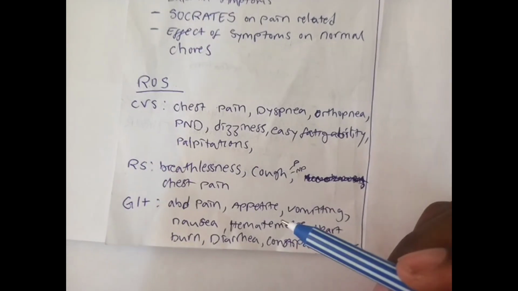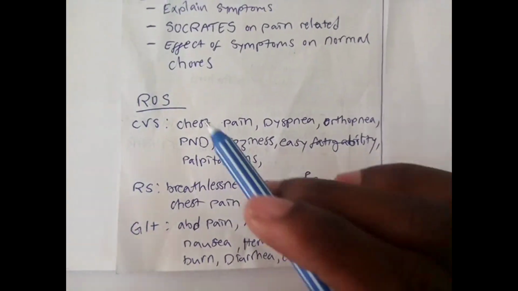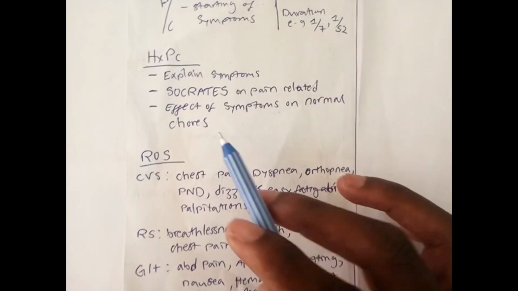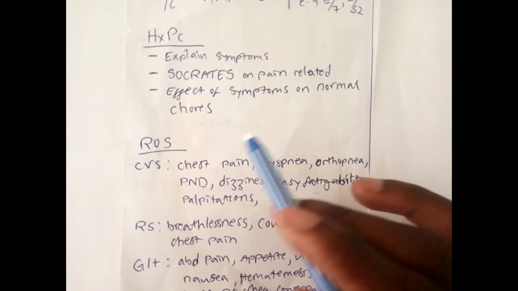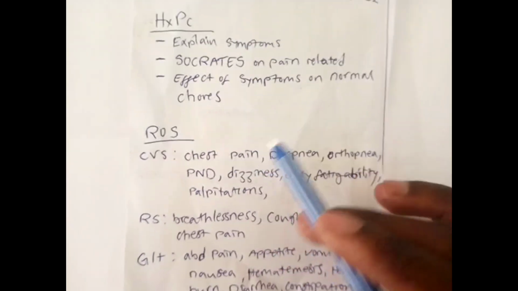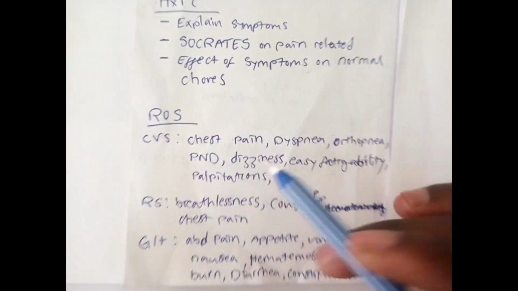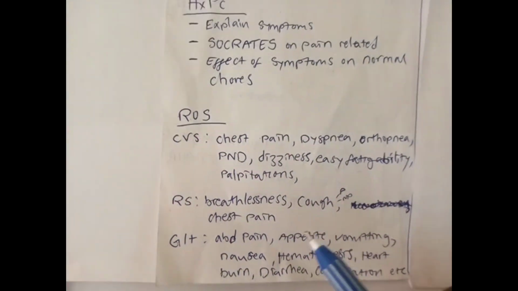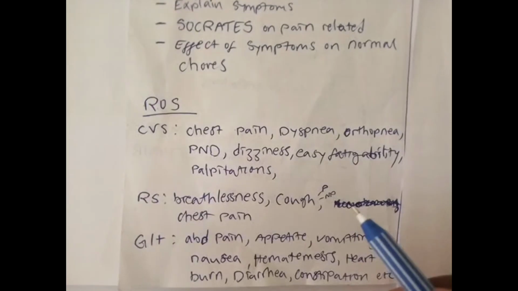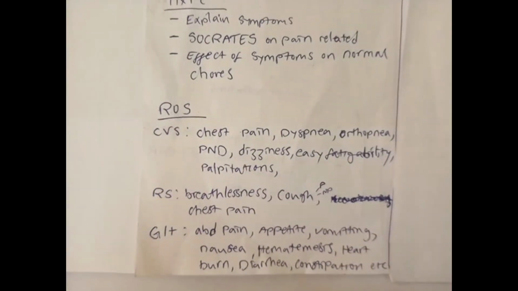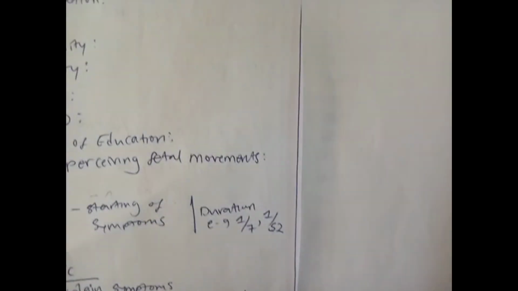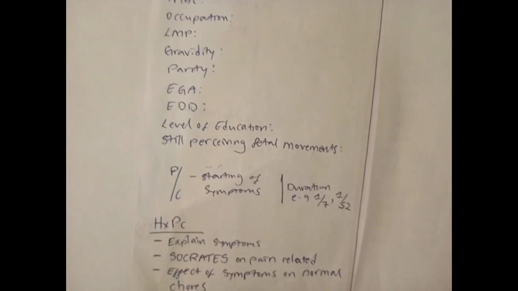Then others, what I've seen, is that instead of writing the review of systems, they will just ask the patient the symptoms, and they will indicate no history of chest pain, no history of dyspnea, no history of what. Then they make another bullet, they say no history of breathlessness, no history of cough, no history of chest pain, again another bullet. So that's how they do it. So we go to the next part, which is